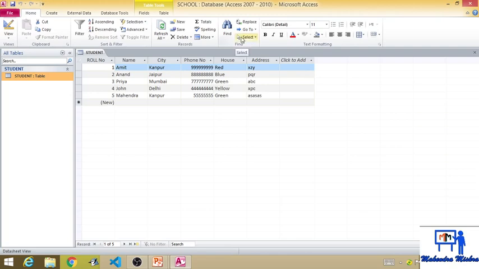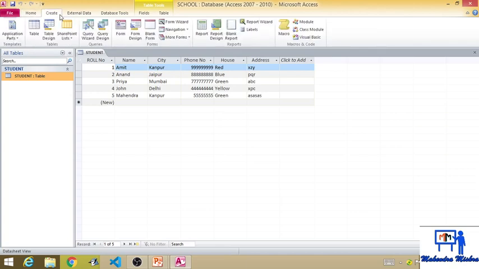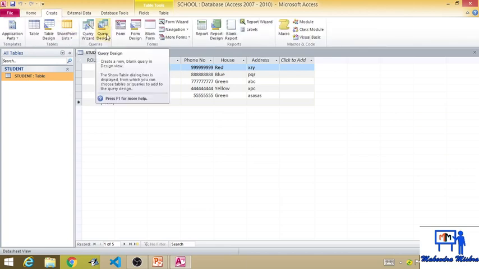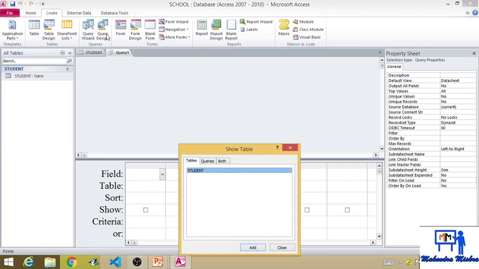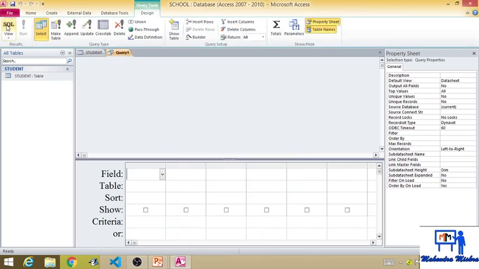Now the first question that might come to your mind is where we have to write the SQL statement. For this you have to click on Create, then click on the Query Design option. Here you get the Query Design option. Close this, and at the left corner of your window you will get the View option, with SQL View and Design View.